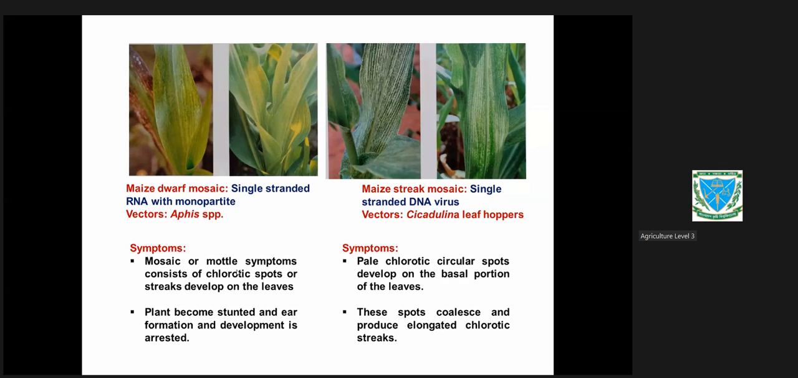Mottle symptom, it's a common symptom. Mottle means yellowing of the leaf tissues in some areas. Chlorotic spot, yellow spot you can notice. Plant becomes stunted due to viral infection. In most of the cases plants are stunted, মানে খাটো হয়ে যায়। Ear formation and development is arrested, পরবর্তী ডেভেলপমেন্ট আর